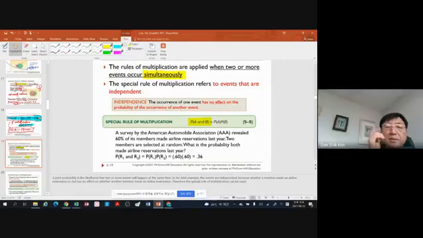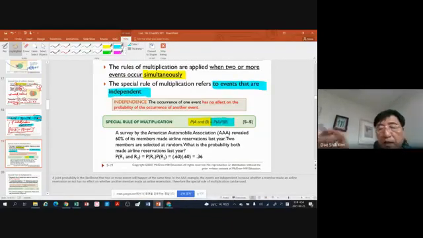But there are some rules you need to understand. If they are independent, then P(A) may happen, and the result does not affect event B at all. A and B are working totally independently.